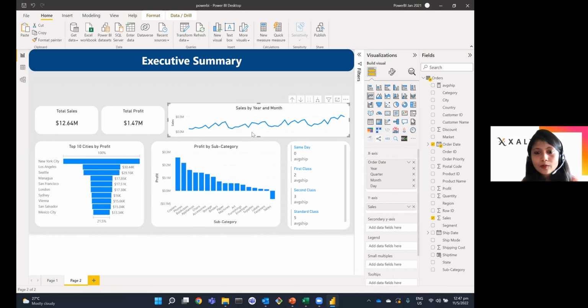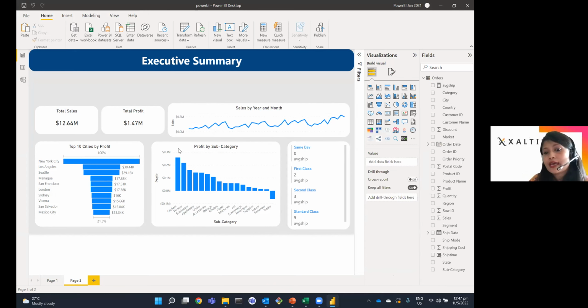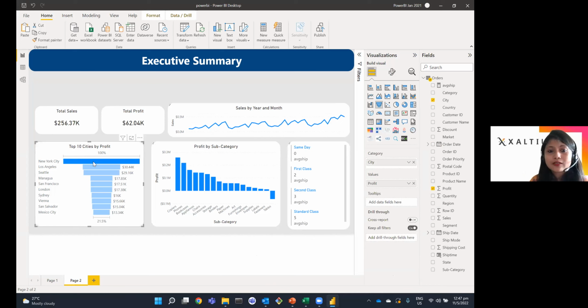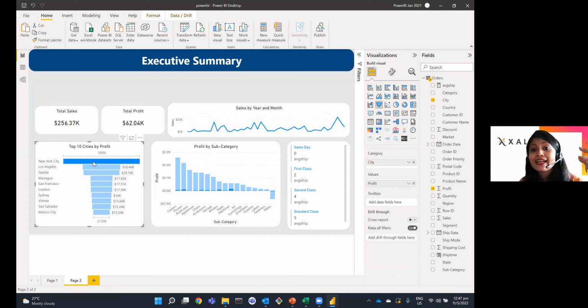Perfect. Now you can see that this dashboard, this report that I have created, is highly interactive, meaning that if I select New York City, you will notice the metrics of New York City in terms of total sales, total profit, and how the performance of the sales has been over a period of time.